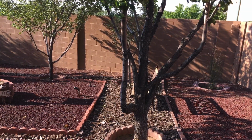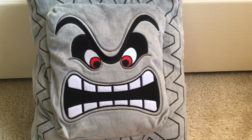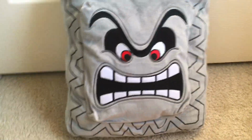Once we get back to the studio, we will compare Thwomp. So long for now. Okay, I have returned indoors from the business trip. I have Thwomp here. I cut his tag off a while ago, but yeah. Here's Thwomp. I'm not sure if I got a chance to review him or not, so I'll quickly go over